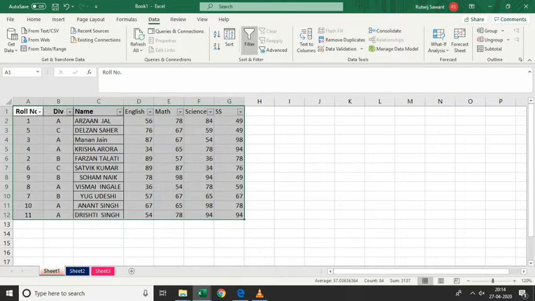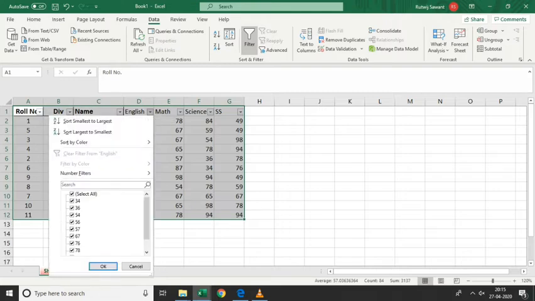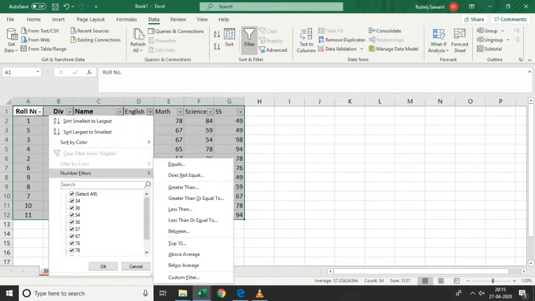Now what I want, I'll go in English, I'll click on this English, and for the custom filter, I want to put a condition. I'll select this greater than or less than. Instead of going here, I'm going in a number filter, and suppose greater than or equal to, I'm selecting this greater than or equal to. As you click on this, you can see custom filter is greater than or equal to.